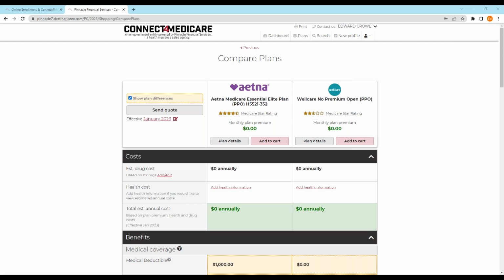The way I try to figure that out if they don't know, because they usually don't, is I ask them questions. I'll say, if you're in an Advantage plan right now and you go to the doctor, are you paying copays? Yes. Okay, do they take the Part B premium out of your Social Security? I don't know. All right, when you go to the pharmacy, what do you pay for copays? $3.95 and $9 and something. Well, I know that's an ALMB. So really, I just feel it out by asking questions to determine that.